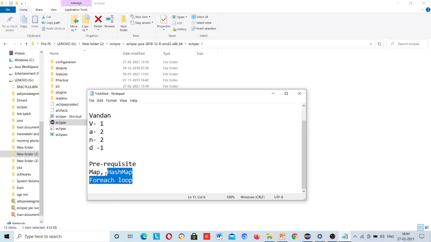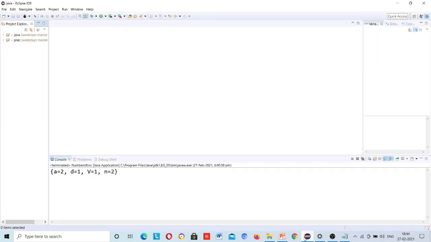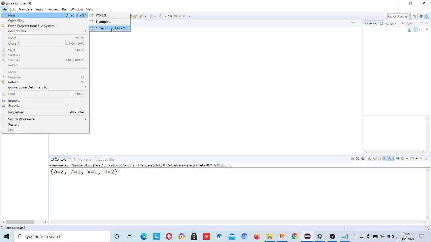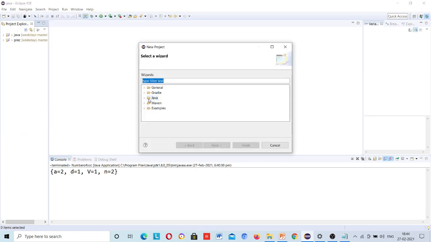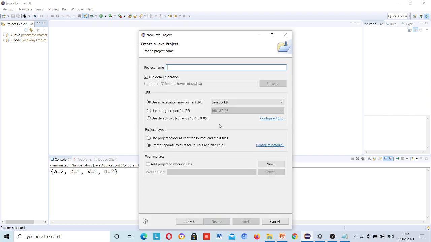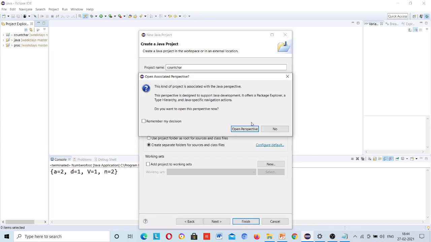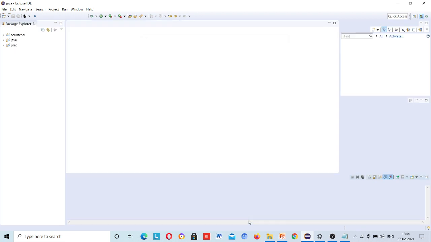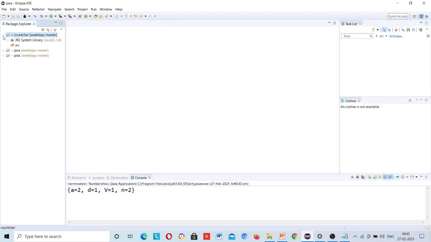So I will use these concepts for getting my logic. Just come here in Eclipse and create a new Java project. Suppose count char, any project you can create, and just finish it. Here I will create a package.